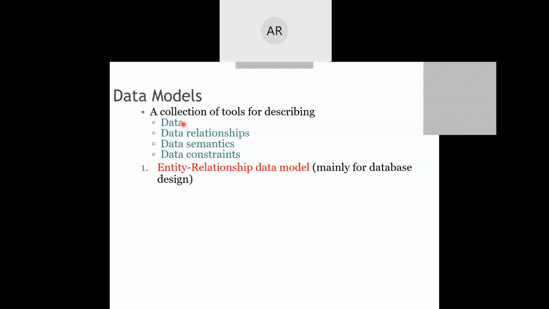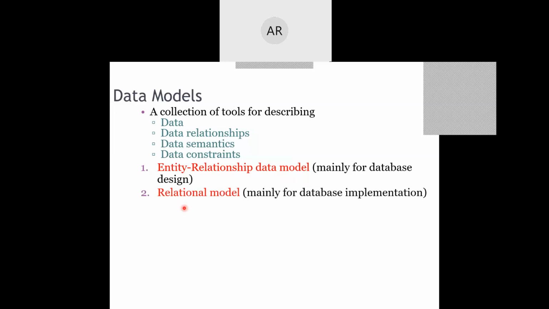That description can be in pictorial format, written, or stored inside. In the case of pictorial format, we have the entity relationship data model, also called the ER model. It's a diagrammatic representation of the database.